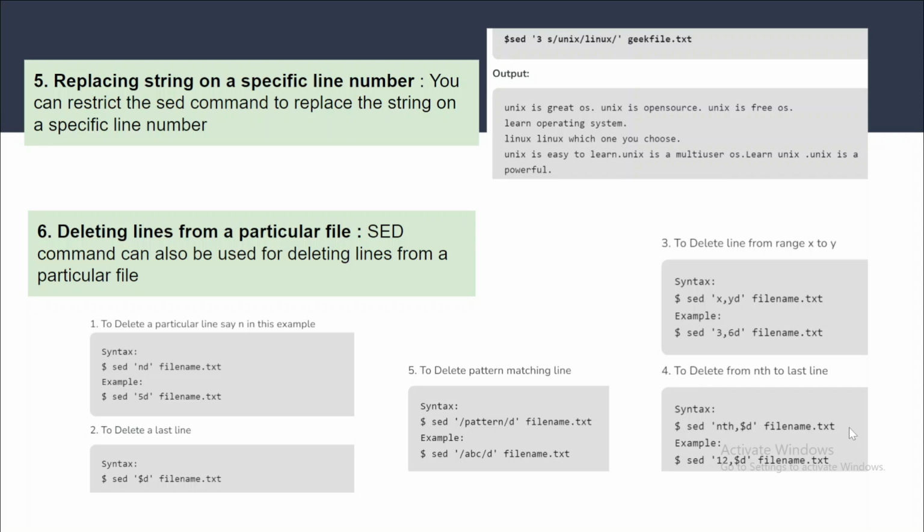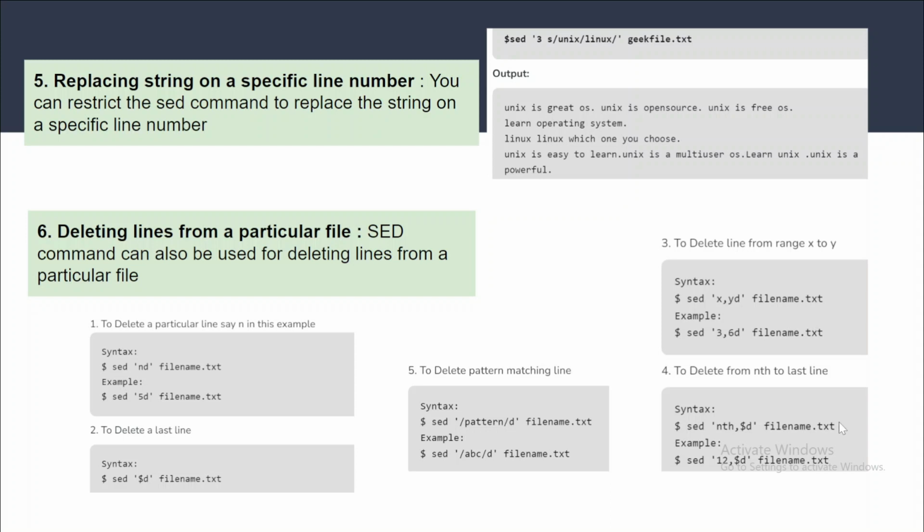And how can you subset? You can use the append operator to redirect all the output you are getting into a new file. Then you will have a subset of that particular file, with only 5 lines of information. So this is useful to create a subset also. If you want to subset any big file, you can do that for internal purposes, like if you want to practice something.